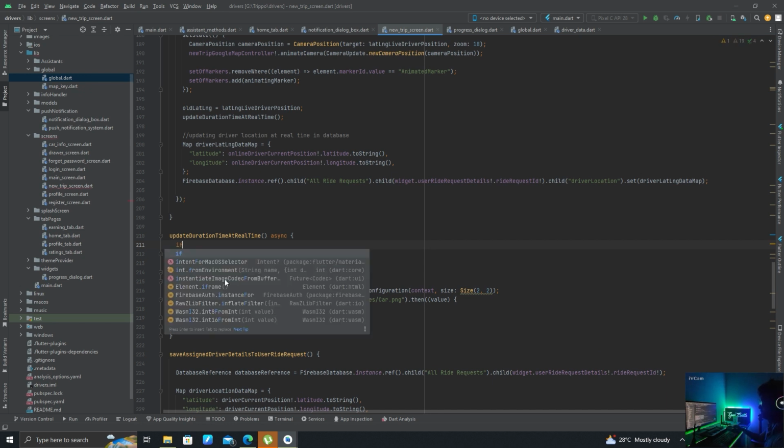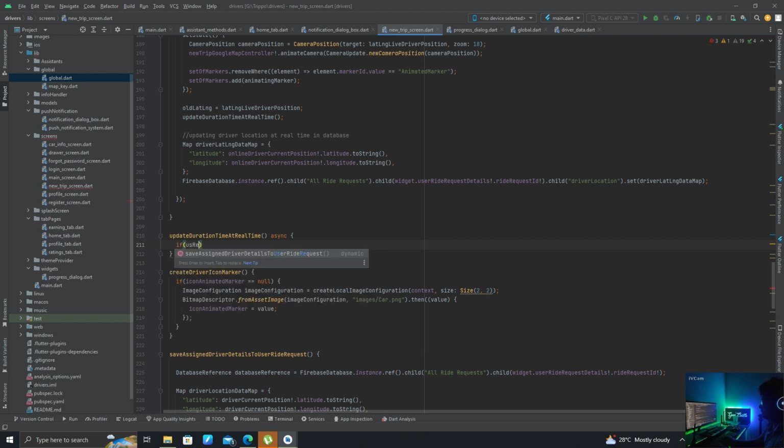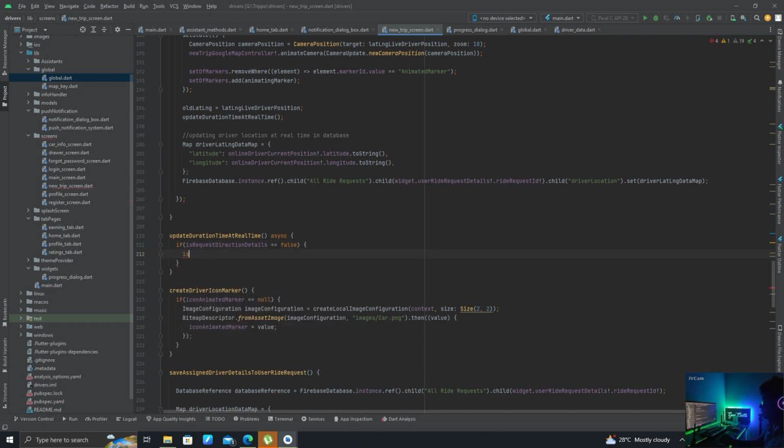So if is request direction details equals false, then is request